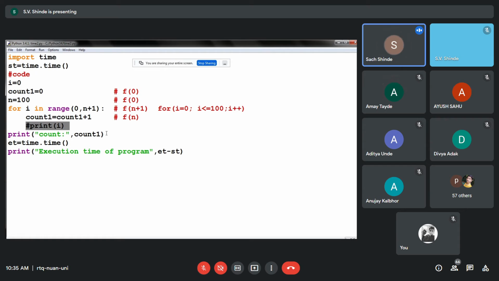Even if you want to get the answer, instead of printing the count over here, you can use the return statement. You can write a function for it and just write return, and in that return you can return the count. This is where the efficiency of your program will increase. So let us eliminate this also, and we will see what happens to the execution time.